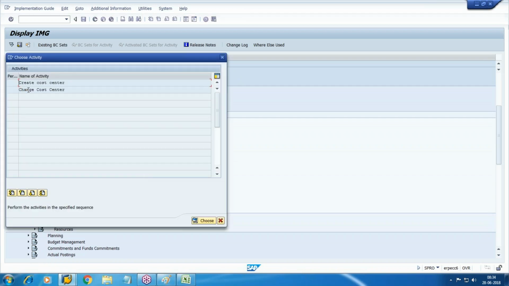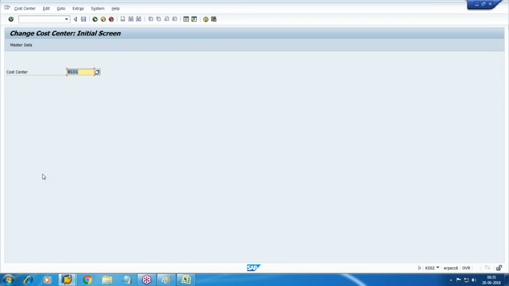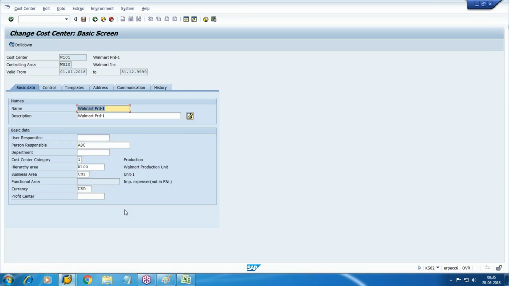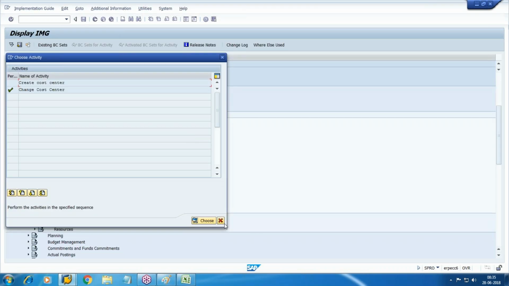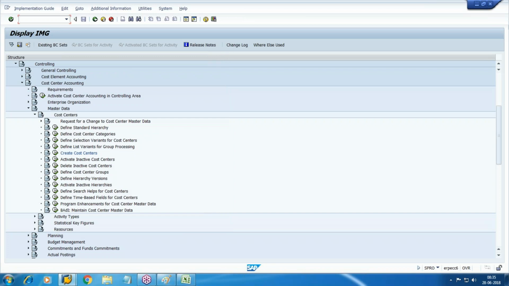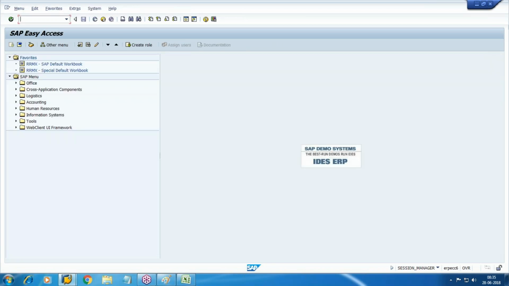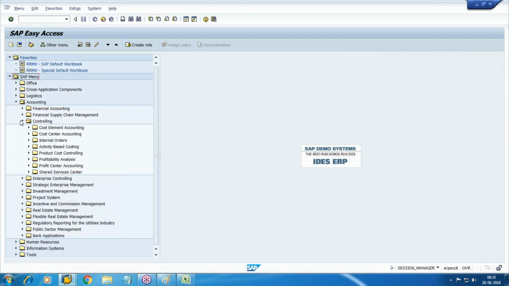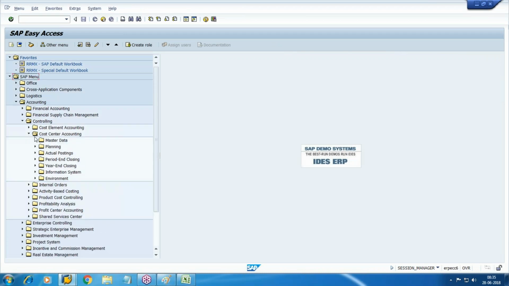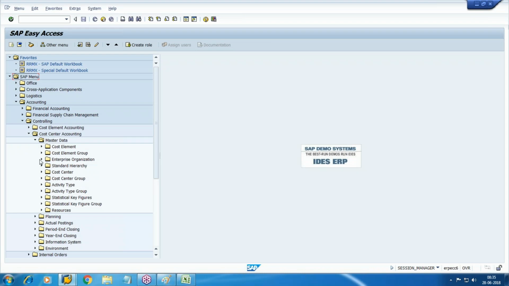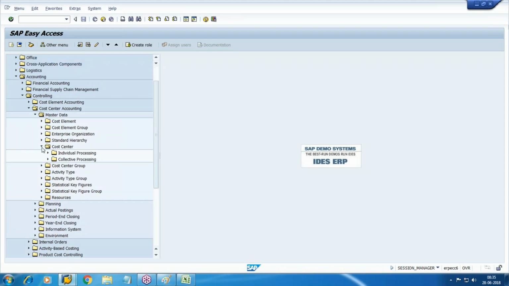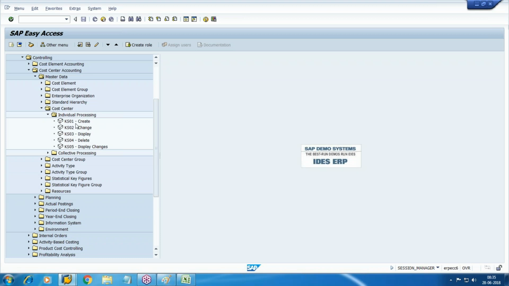You want to change the cost center, case02, change it. This is one way you can create the cost center. And here from the front end also you can create the cost center. Accounting, controlling, cost center accounting, master data, cost center, create, case01,